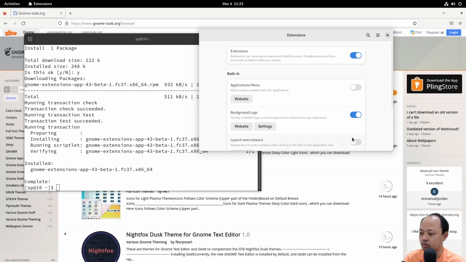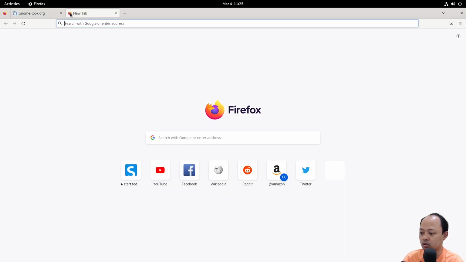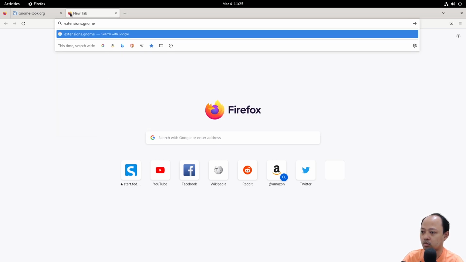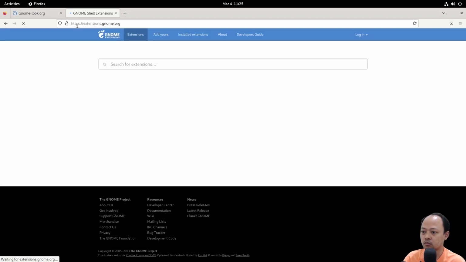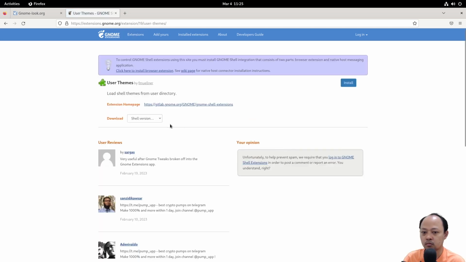Then go to extensions.gnome.org, and then install this extension, user themes. Wait, I need to install this first.